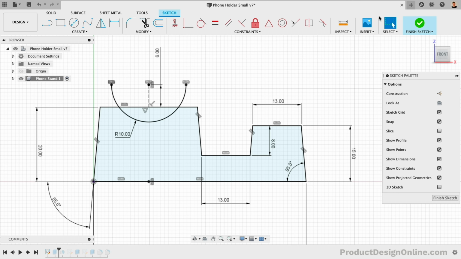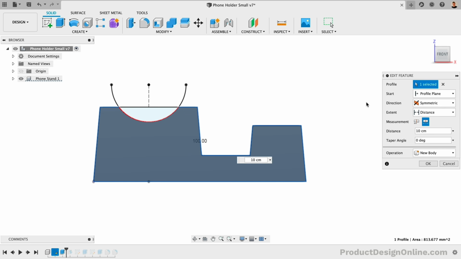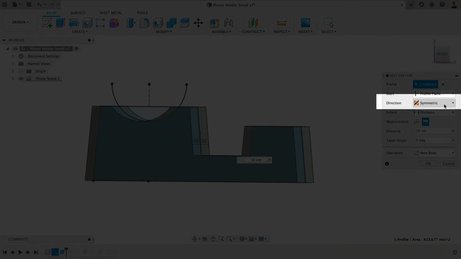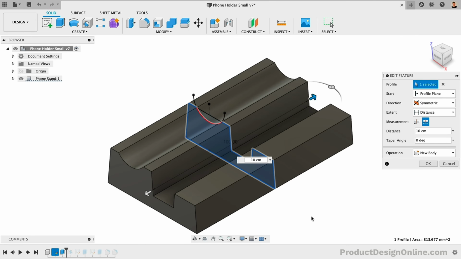The next step was a simple extrusion. However, you'll notice I used the symmetric direction type. This allows the extrusion to go in both directions at the same time. I did this as I wanted the sketch profile to be in the center instead of the edge. That allows me to keep an eye on the shape as I proceed by adding the remaining draft angles and